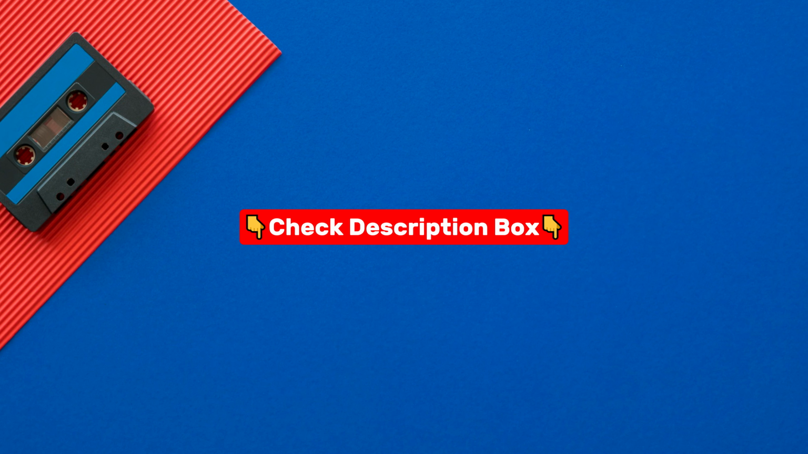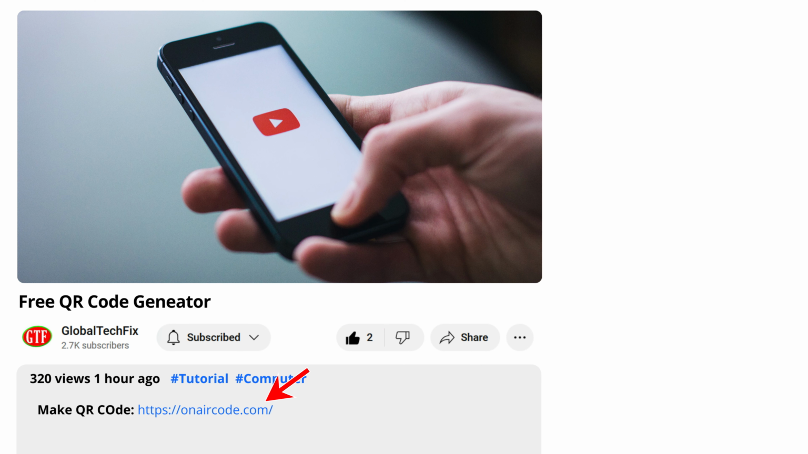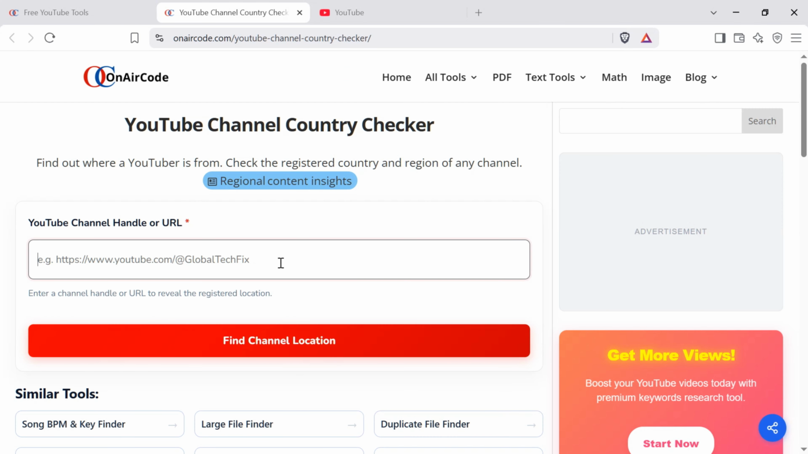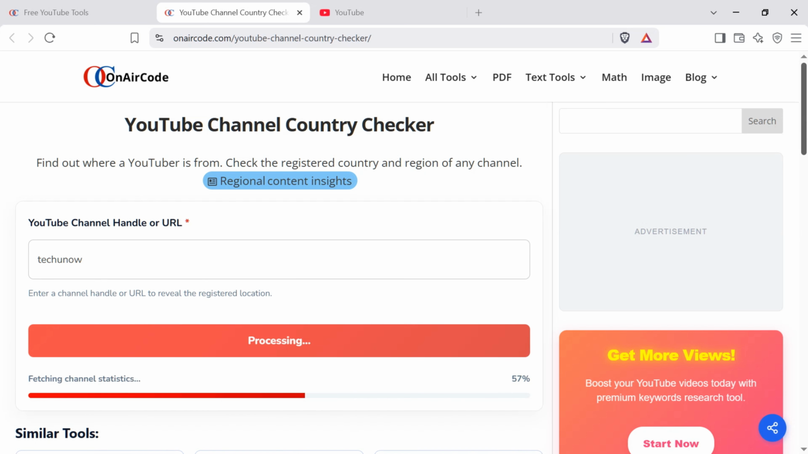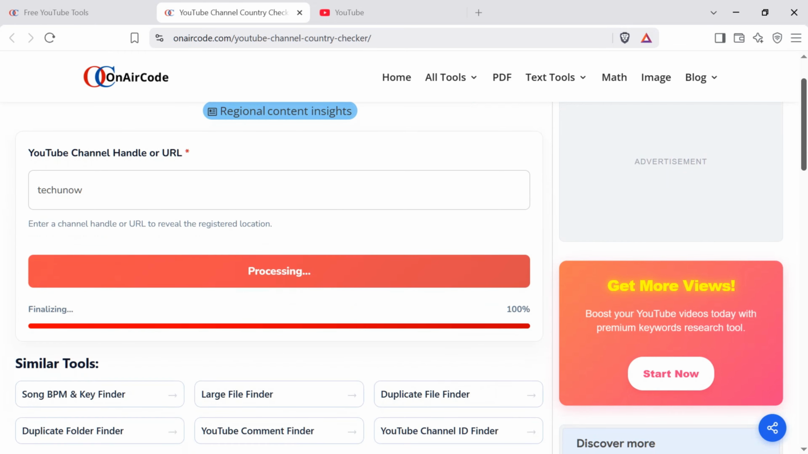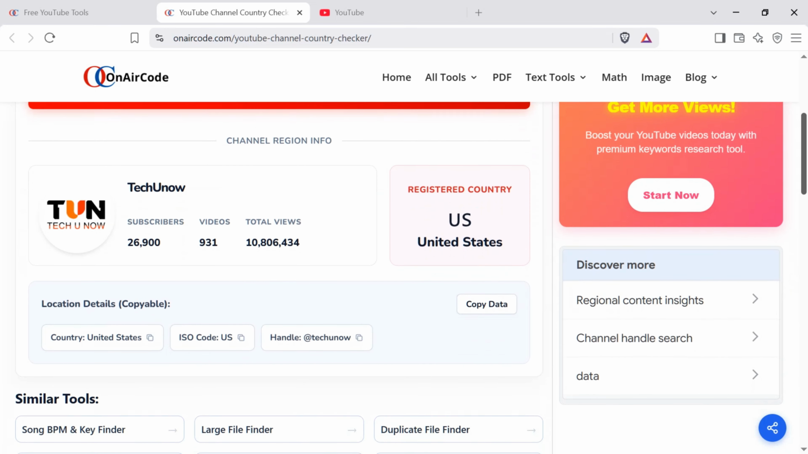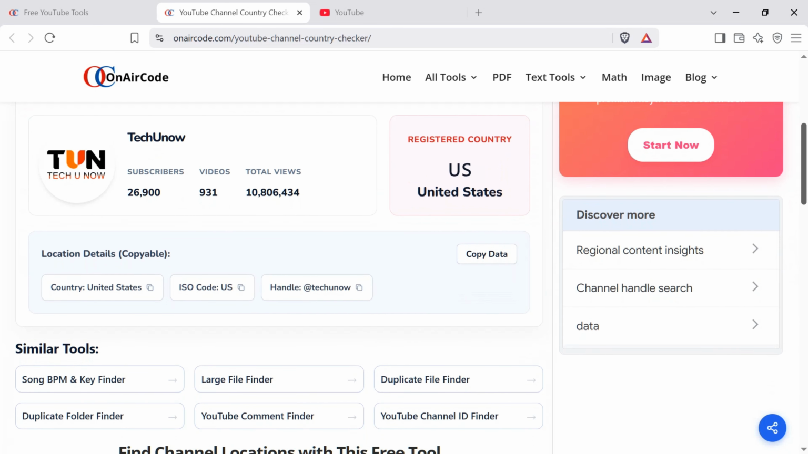To get started, first open the YouTube channel country checker tool using the link I've added in the description box. Once the tool opens, simply paste a channel handle or full link into the YouTube channel handle field and click the Find Channel Location button. The tool will immediately load your channel region info, displaying the channel avatar, name, subscribers, total